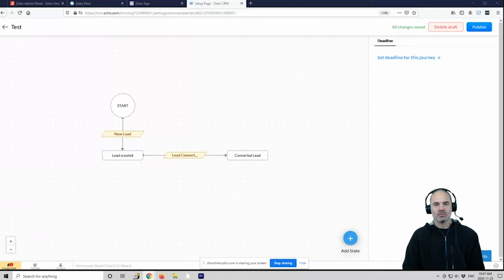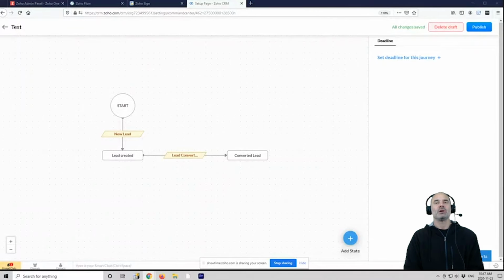Okay. How many people do you have in the company? Actually, around 100. And when did you start with Zoho? 2 years ago. And until now, everybody worked in one language? In French.